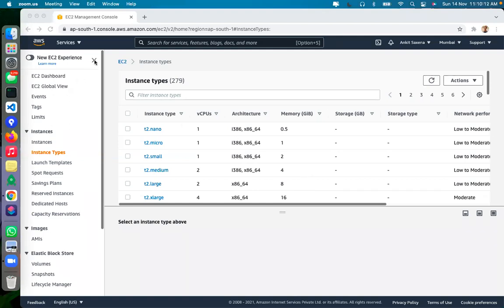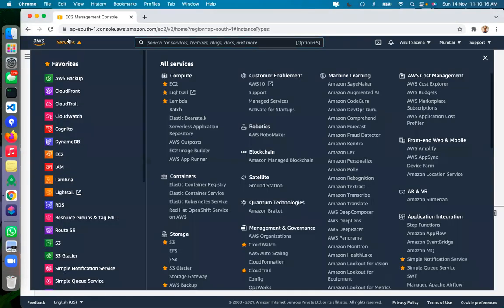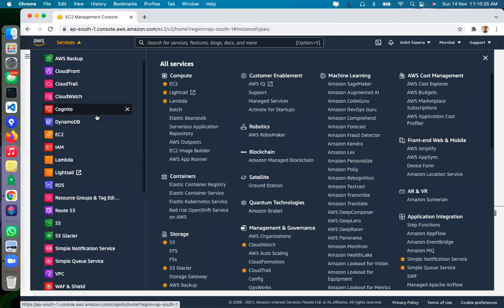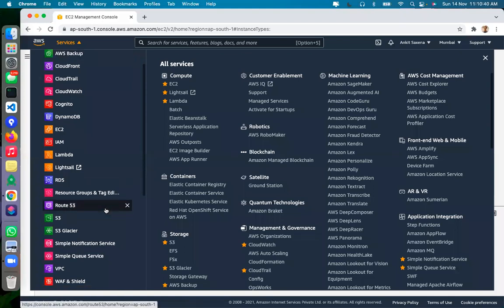So let's get started with the topics that you need to understand inside AWS. If you have a screen grab, please go and take a snapshot of these services that I have favorites over here. If you need to know AWS, you need to be pretty good inside this part of AWS, which is Backup, CloudFront, CloudTrail, CloudWatch, Cognito, Dynamo, EC2, IAM, Lambda, Lightsail, RDS, Route 53, S3, Glacier, SNS, SQS, VPC,